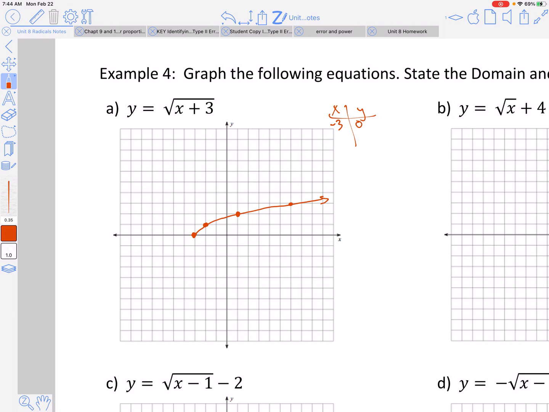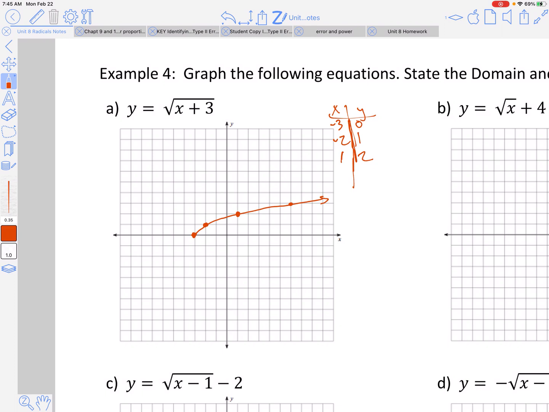So negative 3, 0. And then I plugged in a negative 2, which gave me 1, square root of 1, which output is 1. And then I kind of remembered that pattern, but I knew that I couldn't get a square root until I made the inside of that radical 4, so I thought 3 plus what gives me 4, and so the next point I plugged in was a 1, right? So 1 plus 3 is 4, square root of 4 is 2, so at 1 we're lined up with 2,